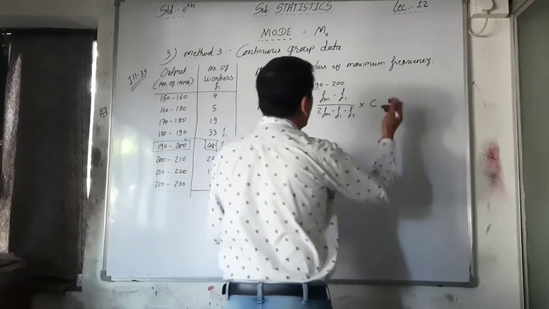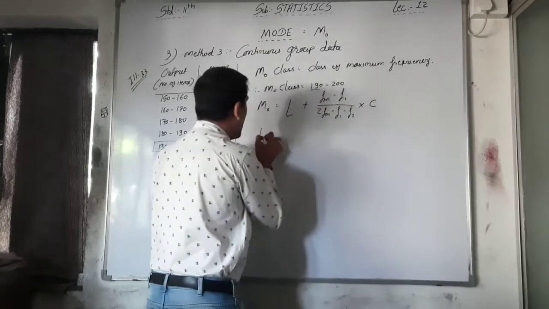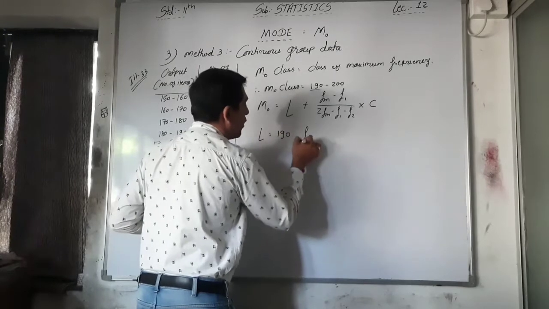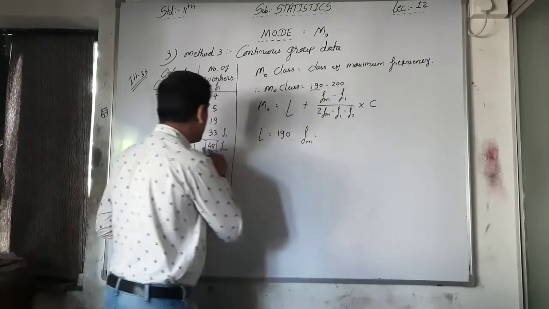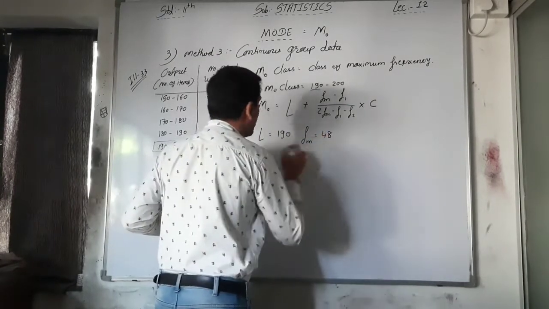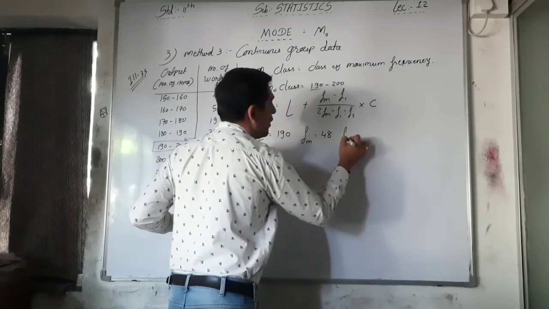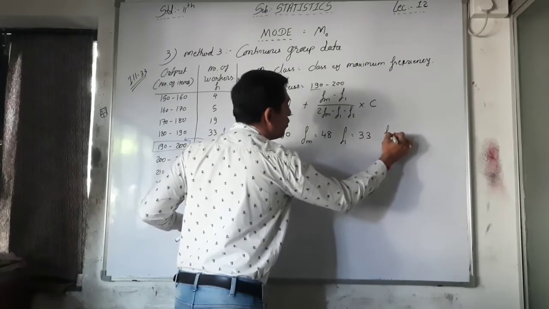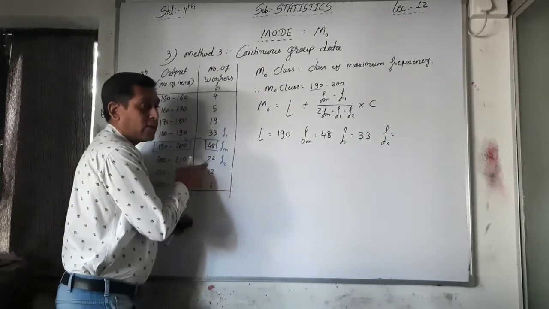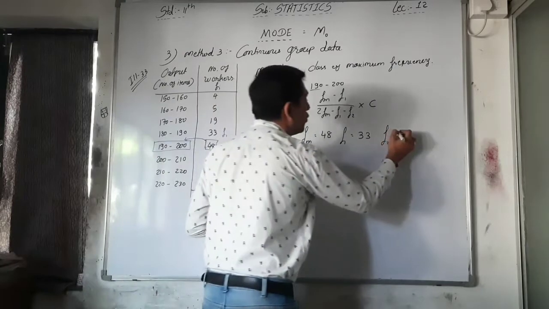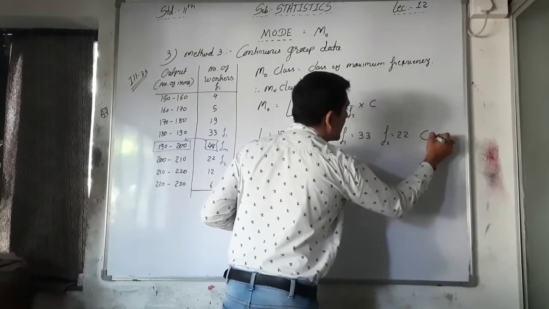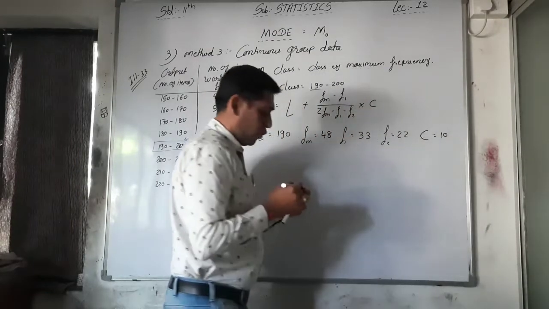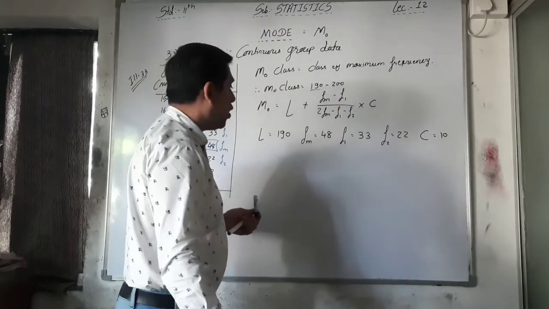See here, I am writing this. What is your L? L is equal to 190. Then what is your Fm? Highest frequency is 48. Then what is your F1? F1 is equal to 33. What is your F2? Next frequency, that is 22. And what is your class length? That is 10 here. So first of all, I have to write all these things,